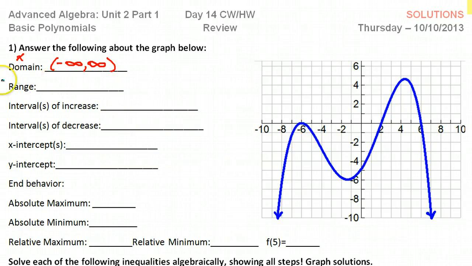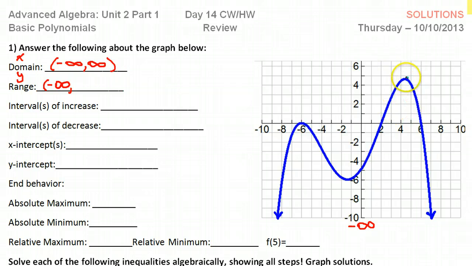The range is the y values included in a graph. And you want to put them in order from least to greatest. So the range will always be from bottom to top. Now the bottom of this graph, well, you can see the arrows. This goes down forever. So we're going to start off at negative infinity, because there is no bottom. So we'll go negative infinity